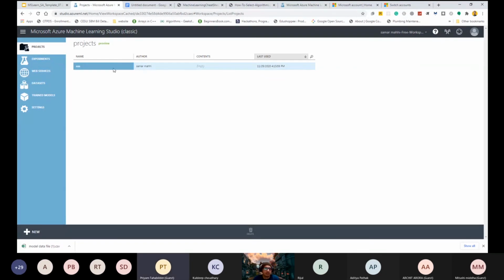Okay. Yeah, sure. Basically, after you sign into Microsoft Azure ML Studio, you will see that particular type of platform shown up. So let me explain all the things on that. Yep.